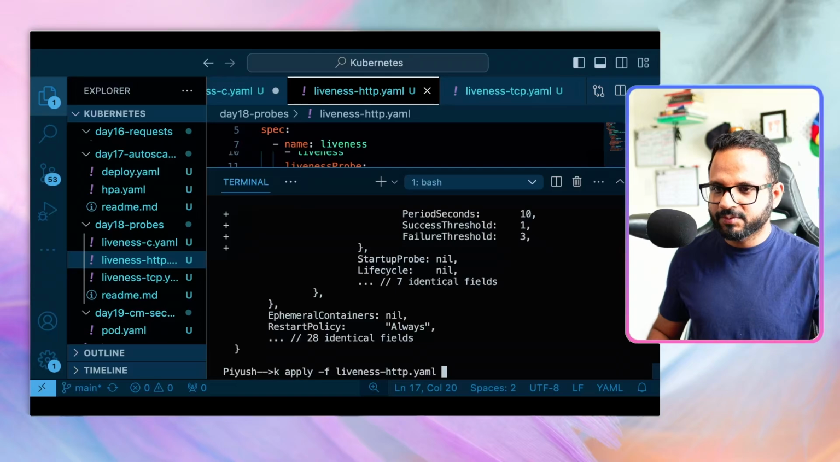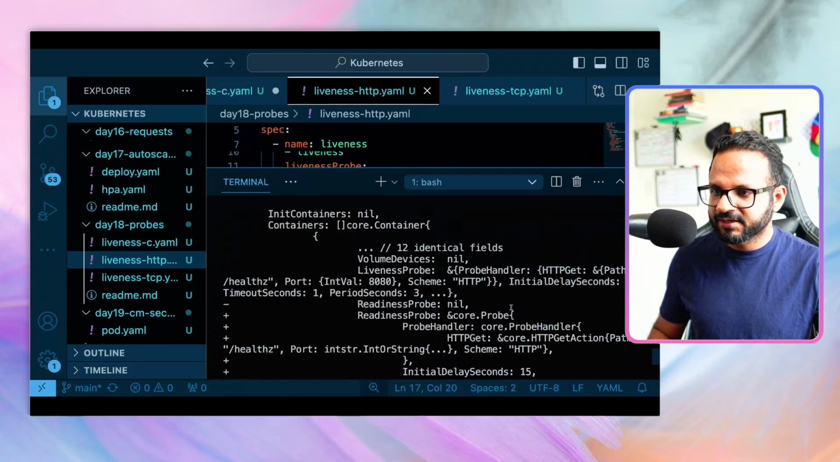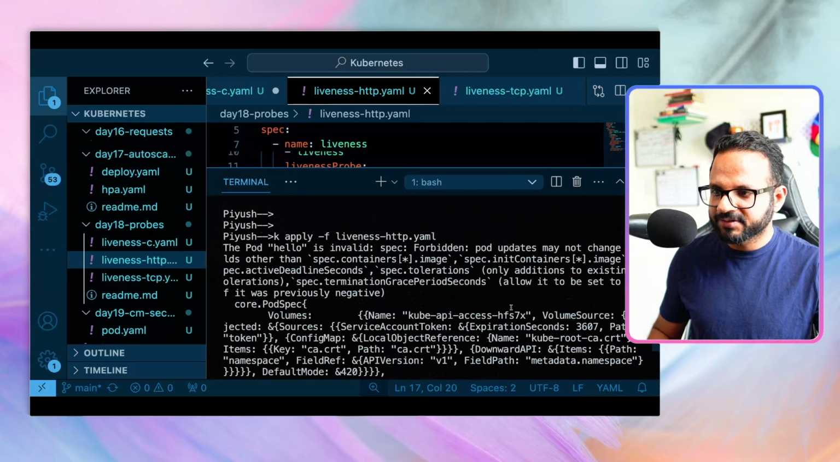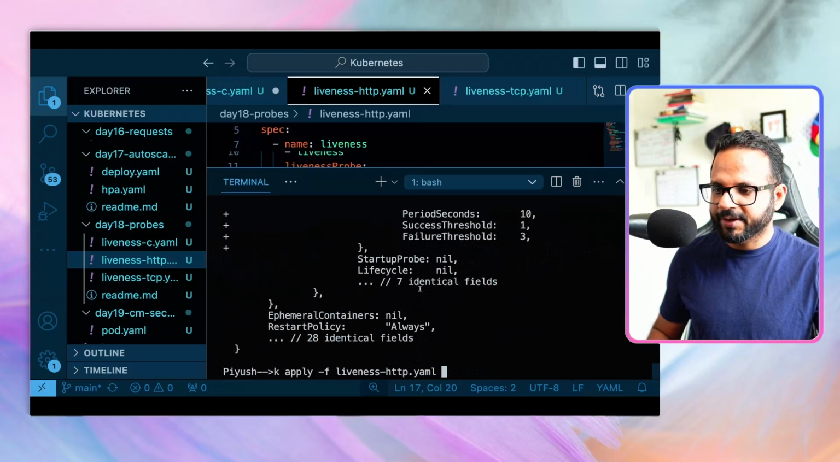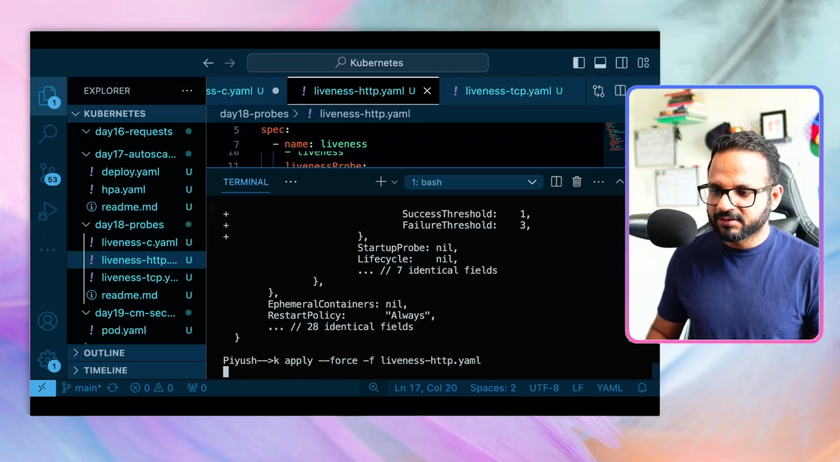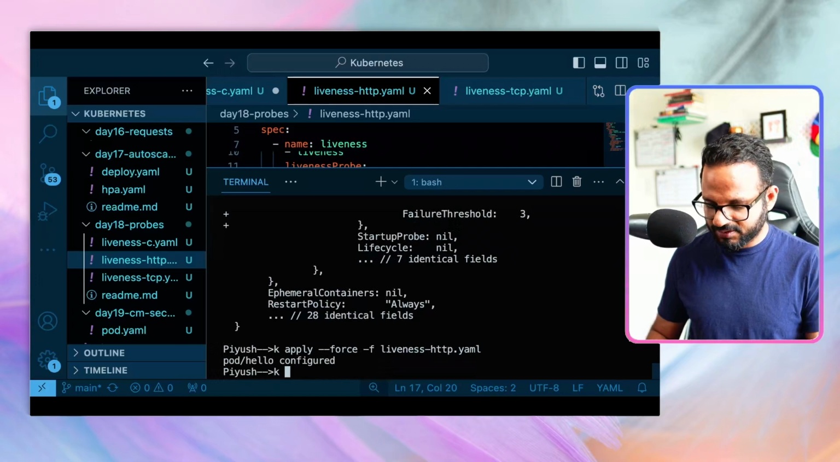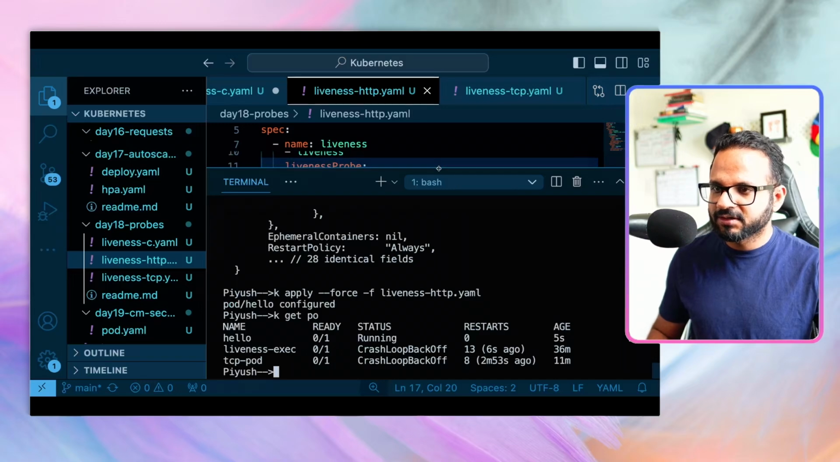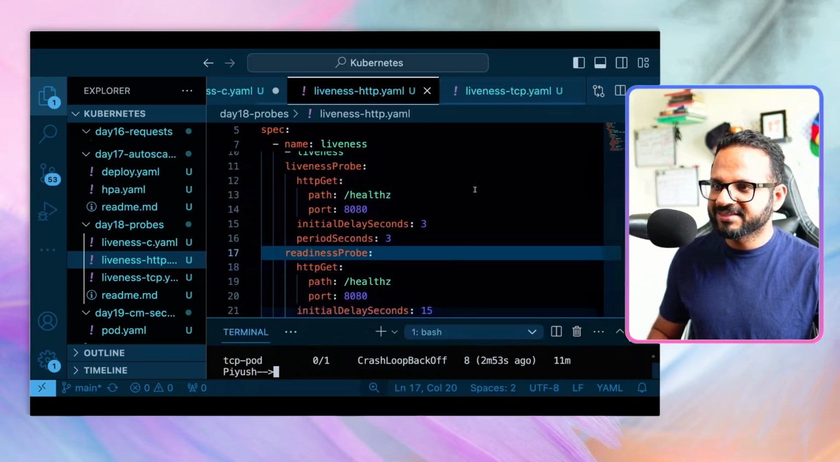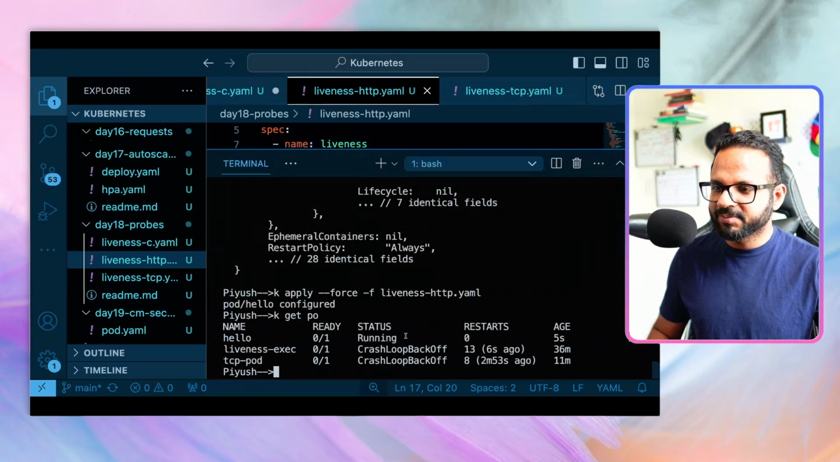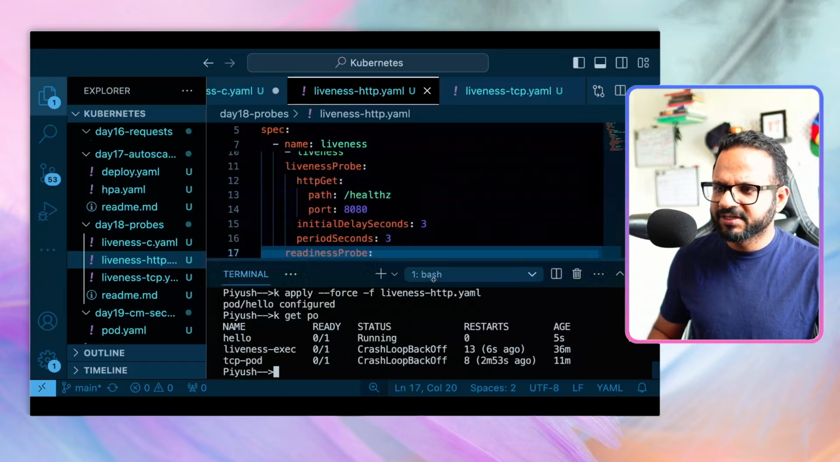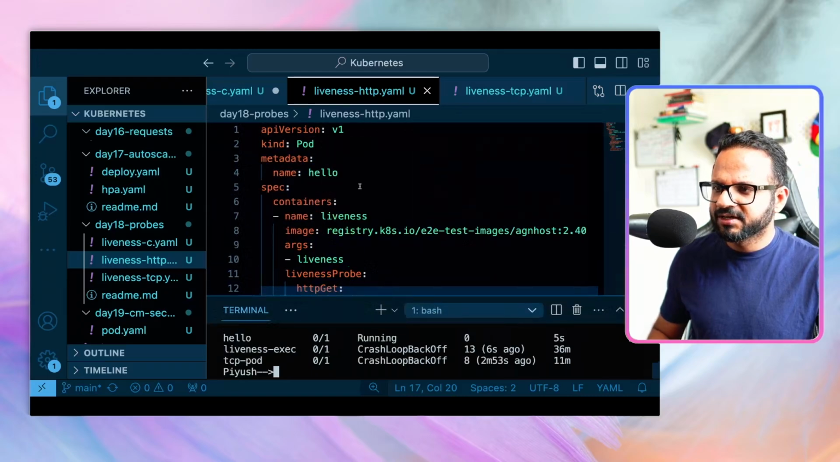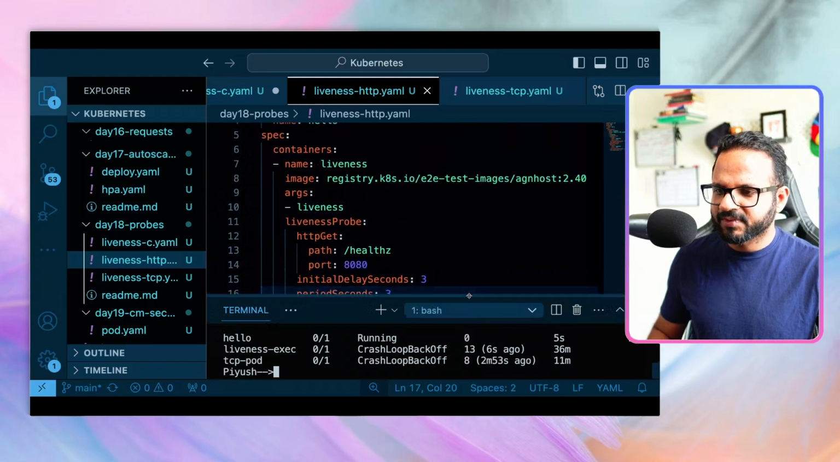I have to, I guess, force it again because we are adding the additional prop. Let's do a forceful apply on that. Okay, get pods. I made the changes in liveness prop. And which file did I apply? Yeah, this is good. So the pod name is hello, and